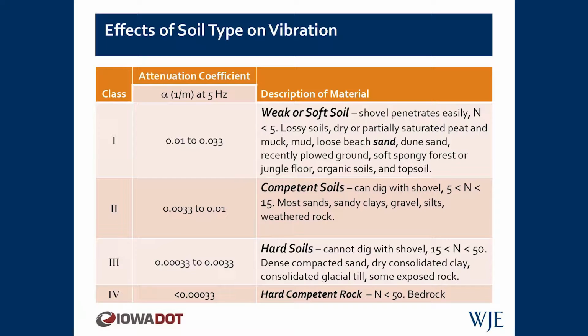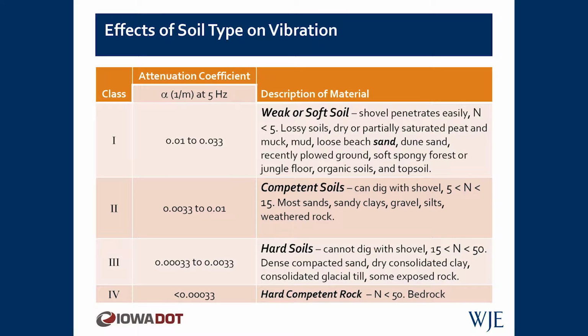It's very hard. The alpha value is very low, which indicates that vibrations would not attenuate very fast with increasing distance. And then hard competent rock has a much lower attenuation coefficient. They also have in there the N values that you'd obtain from soil borings, and to make it even more complicated to estimate how vibrations might transmit from a source, you have to take into account that you get different blow counts or different N values for soil at different depths below the surface. So vibrations may travel better in lower strata that may have higher N values and therefore lower attenuation rates, where the surface soils may be much softer